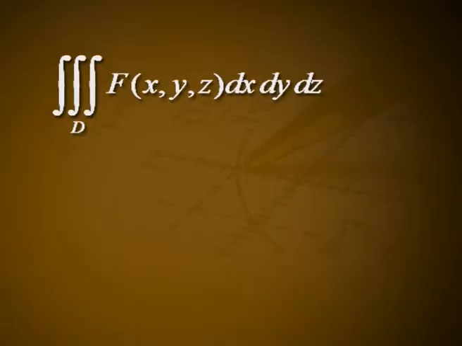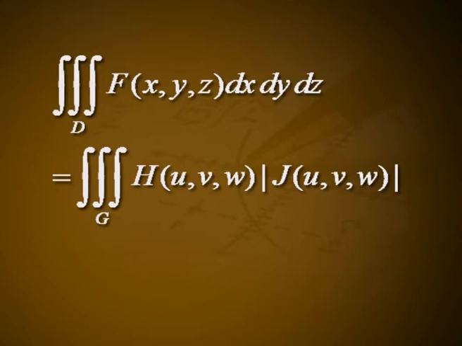If g, h and k have continuous first partial derivatives, then the integral of f(x, y, z) over D is related to the integral of h(u, v, w) over G by the equation: the triple integral over D of f(x, y, z) dx dy dz is equal to the triple integral over G of h(u, v, w) times the absolute value of J(u, v, w) du dv dw, where J(u, v, w) is the Jacobian determinant